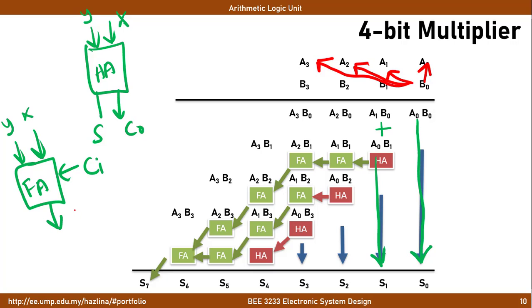For the carry out, there will be carry out properties as well as the sum properties. There are 5 input-output elements, 3 inputs and 2 outputs, as compared to a half adder, which consists of 2 input elements